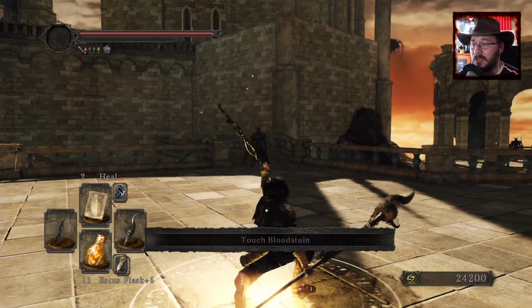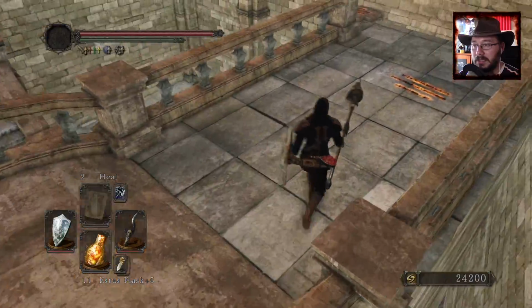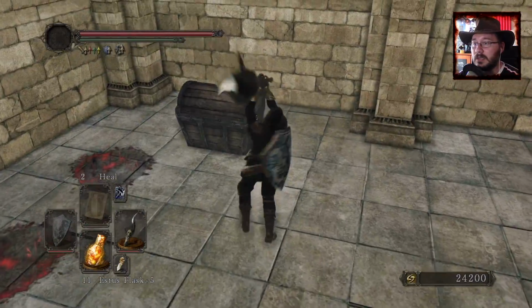But okay, once you go past that bridge, though, I think they're all going to aggro on you. They're all going to come down on you like nobody's business. There is a reason behind that. I don't know exactly what the reason is, but I'm assuming there's a reason behind that. Regardless, the only thing here...